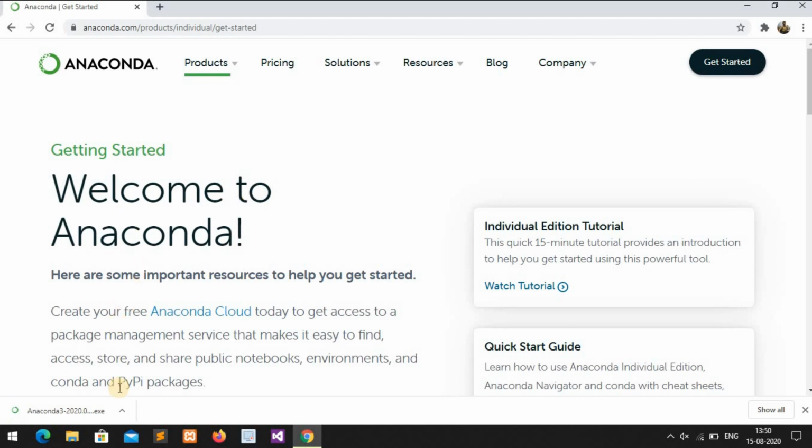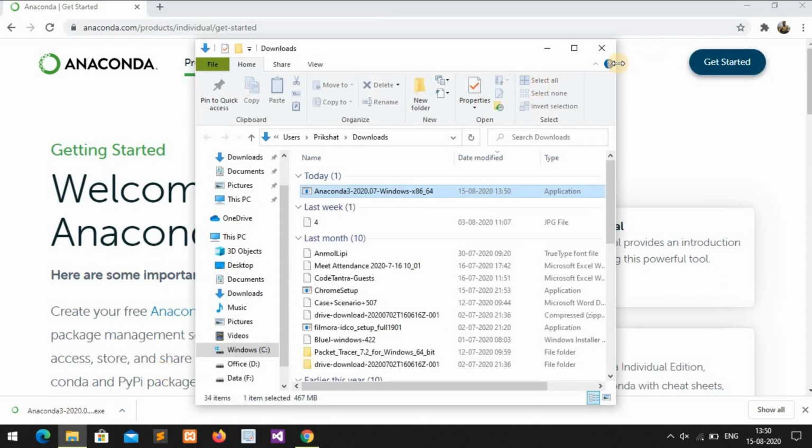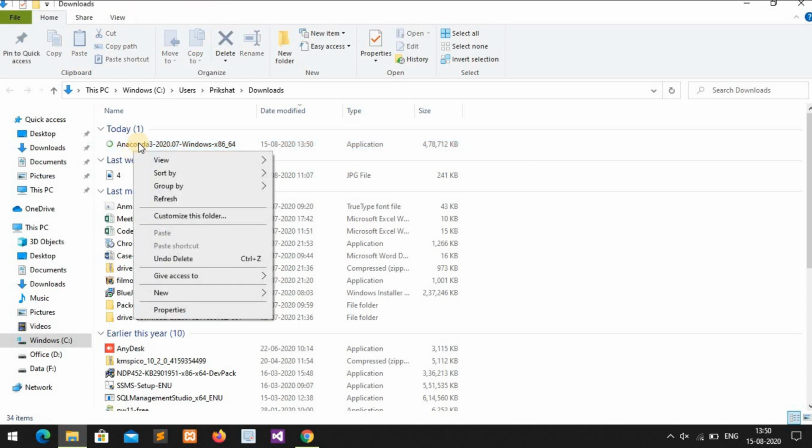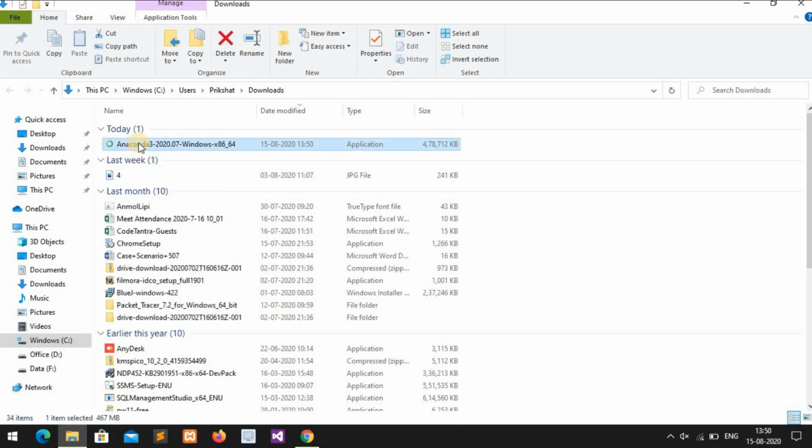Now our download is completed. We are going to show in folder, and it is in the download directory. Now we are going to install the software. Just right click here, run as administrator.